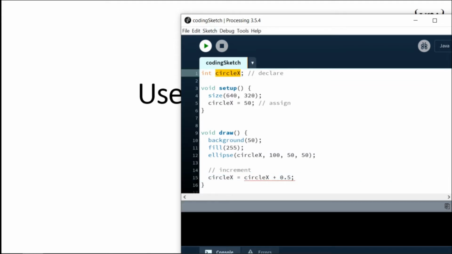That means it can only hold 0, 1, 2, 3, and so on. It can't hold any decimal values. So what you need to do is declare this as a float. And now, you might be scratching your head and thinking, what does it mean by, let's say,